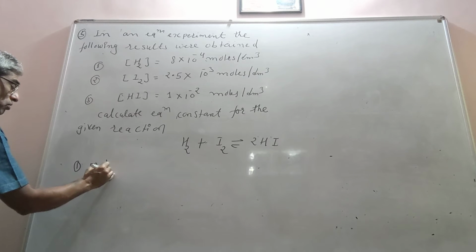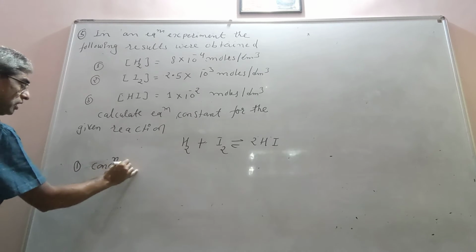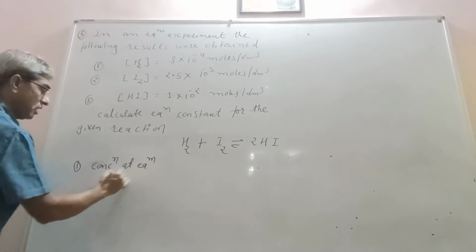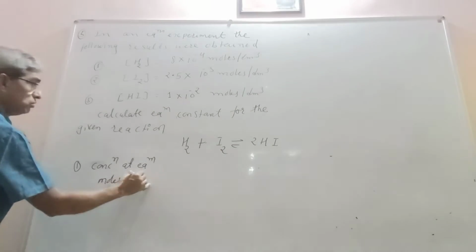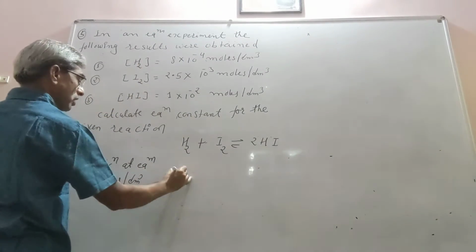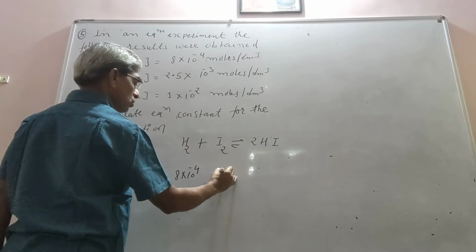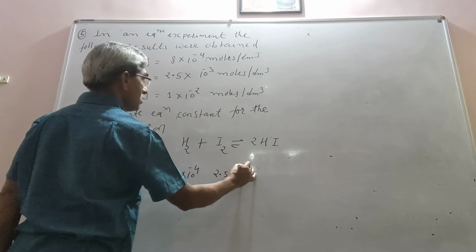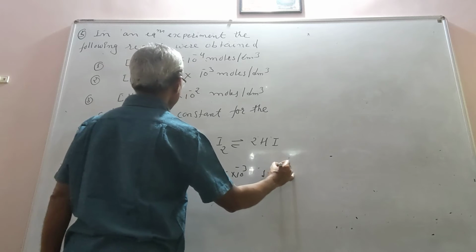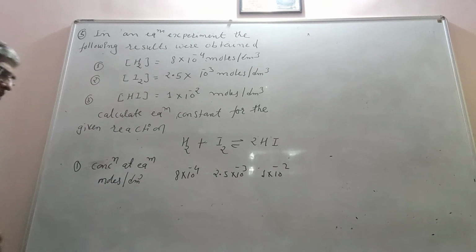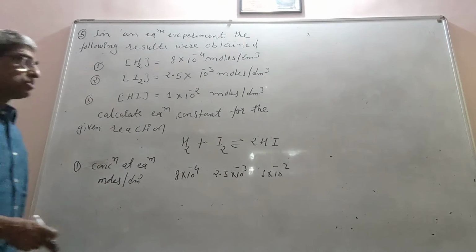Therefore, the concentrations at equilibrium are given in moles per dm cube. What is the concentration of H2? 8 into 10 raised to minus 4. Concentration of I2, 2.5 into 10 raised to minus 3. And concentration of HI, 1 into 10 raised to minus 2. The next step, apply the law of mass action to this reaction. We get